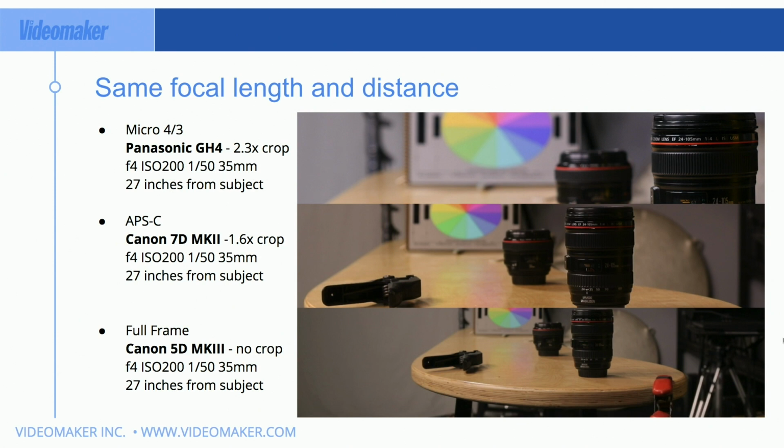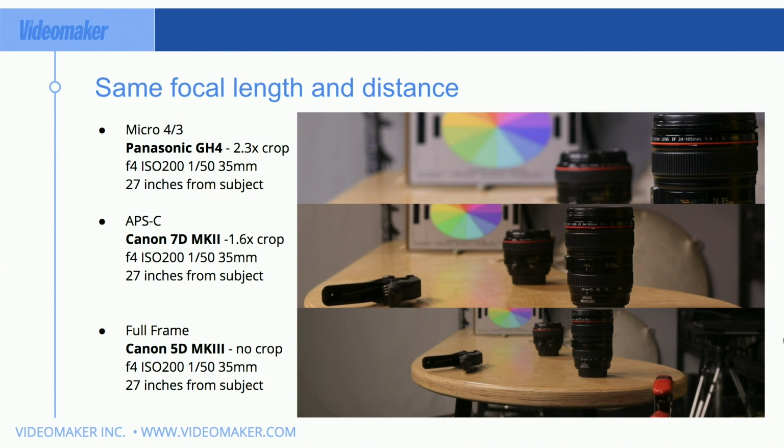But here's that thing we were talking about. It looks like the shot on the top has a shallower depth of field than the one on the very bottom, right? But how would that be? They're all shooting at the exact same focal length, same exposure. The only difference is the sensor size. So you go, well, Chris, yeah, absolutely, the sensor. But wait a second, the bottom one is shallow.